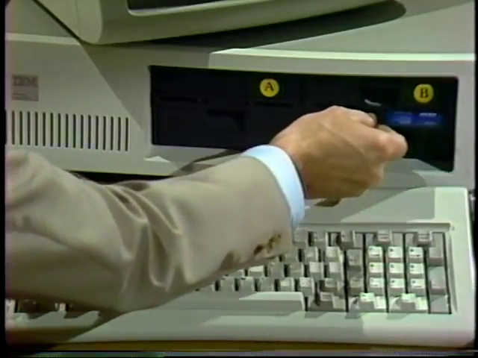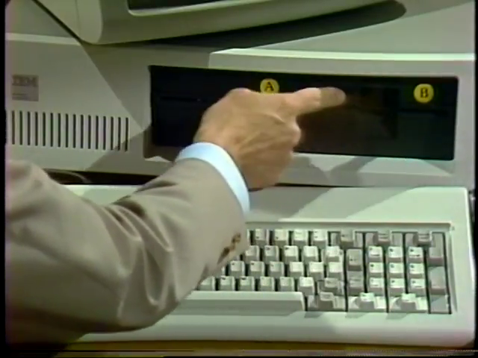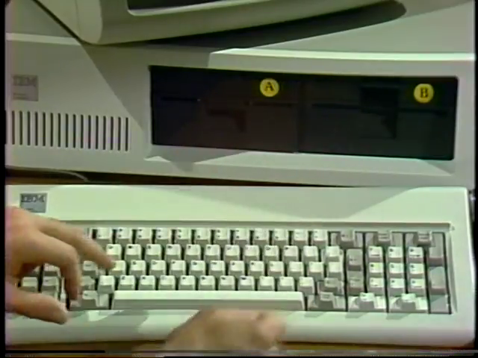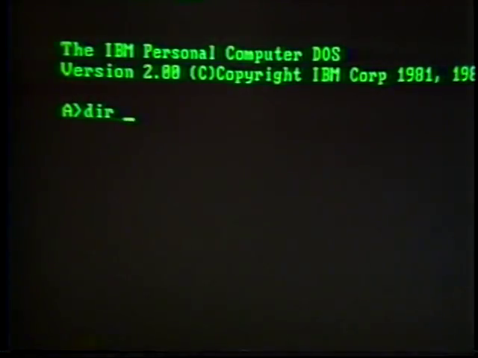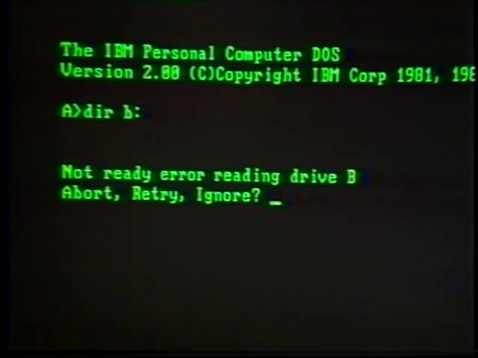Now, the next error message I want to show you is what happens when we try to take a directory and we fail to close the diskette drive. For example, we want to take a directory of this diskette, so we place it in drive B, we do not close the diskette drive, and we key in the command directory B:, and we hit the enter key, and it accesses, as you can see with the red light on, the drive, but because the door is not closed, we get a message that says not ready, error reading drive